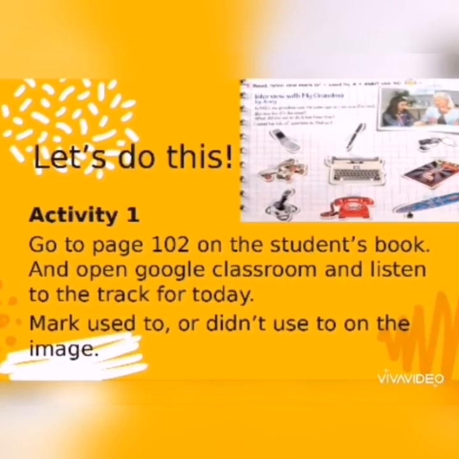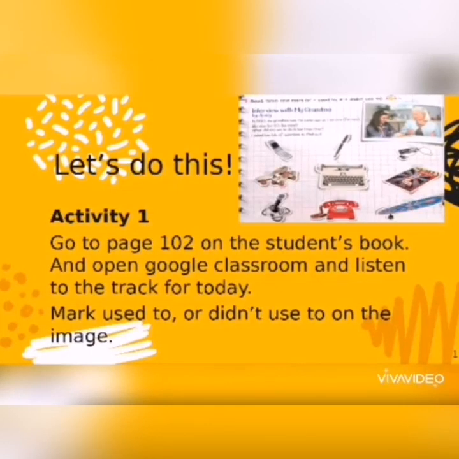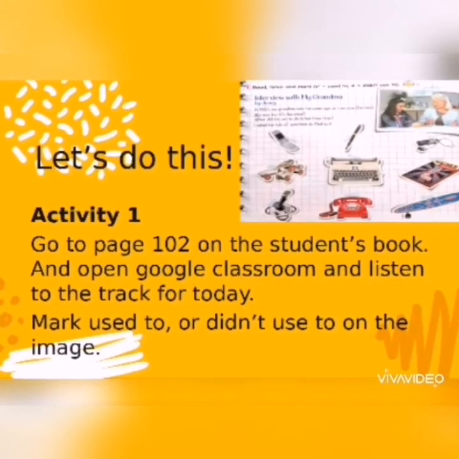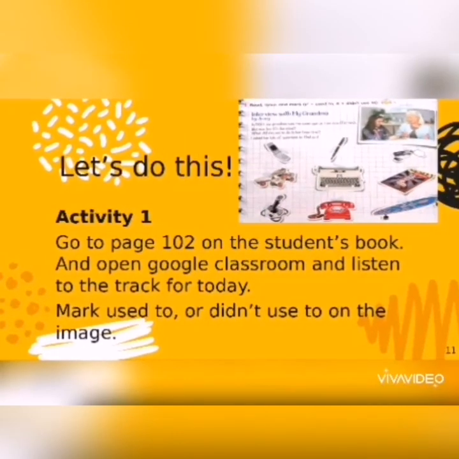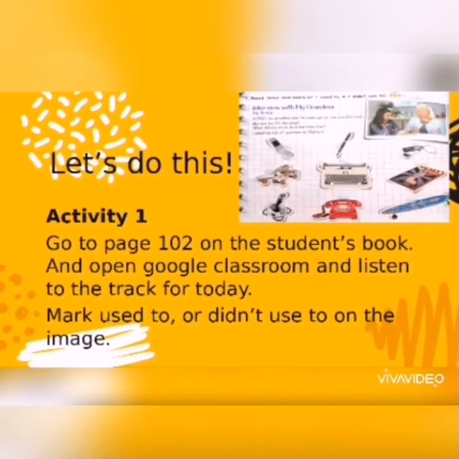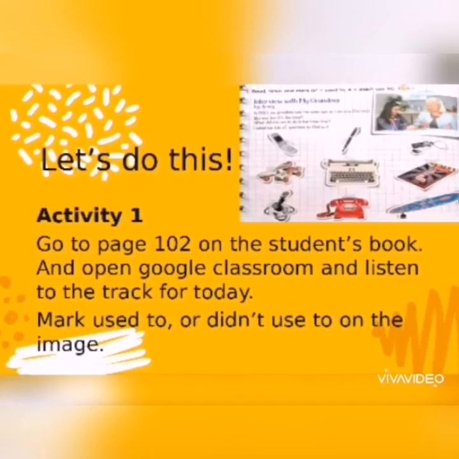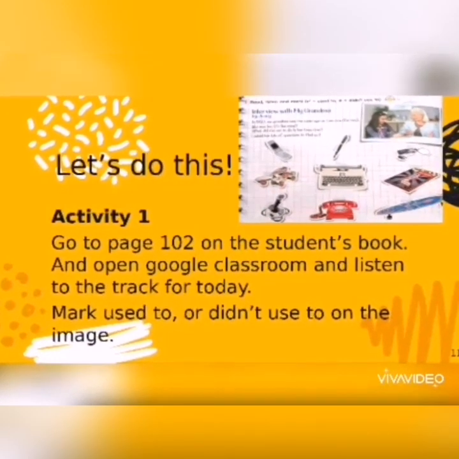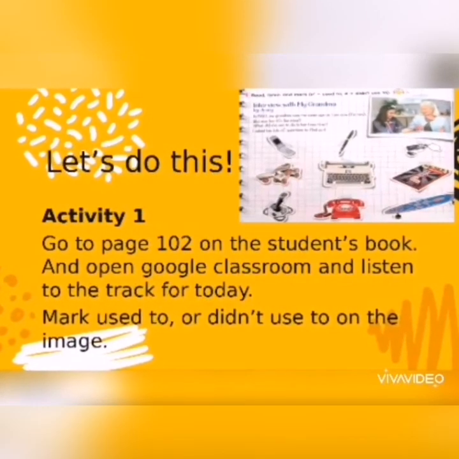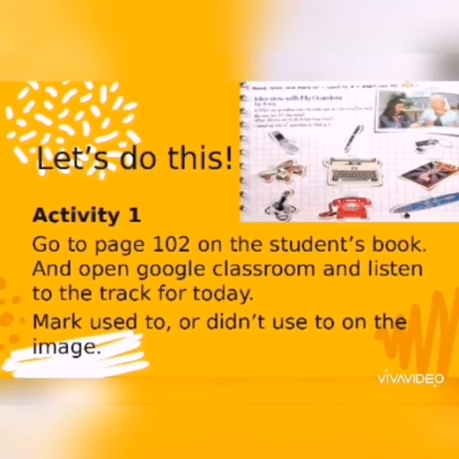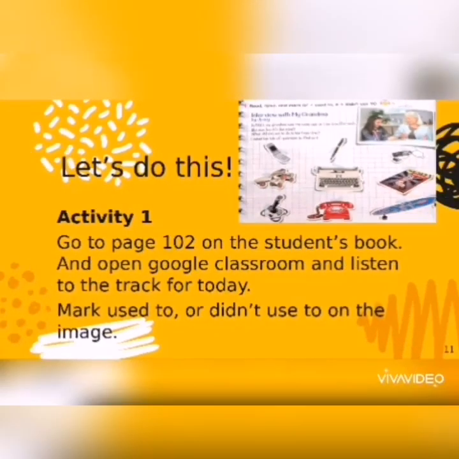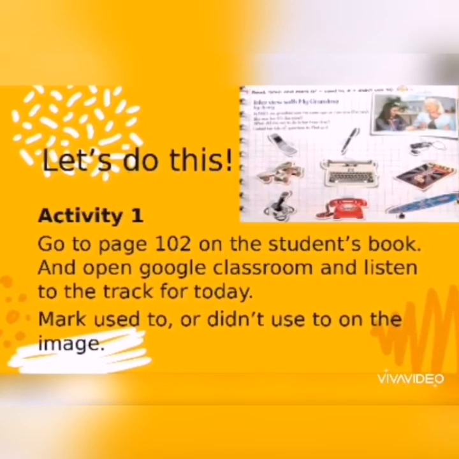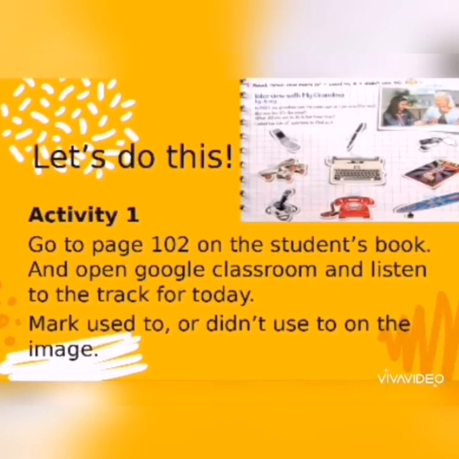Ok, vamos a ir básicamente a abrir el libro en la página 102 y van a escuchar una entrevista de una niña a su abue acerca de las rutinas que tenía su abuela, ok. Then, on this interview that she makes to her grandma, please check if she says, I used to do this, check it. If she says that was not true, cross it, alrighty? So, I am going to play the track right now. Pay a lot of attention. Track 72. Read, listen, and mark.